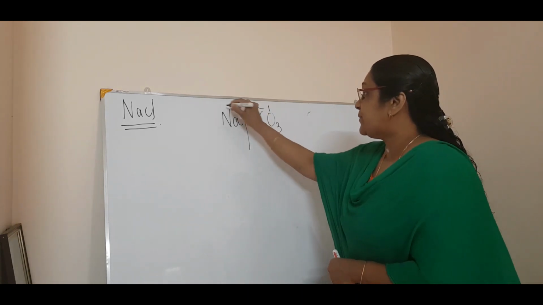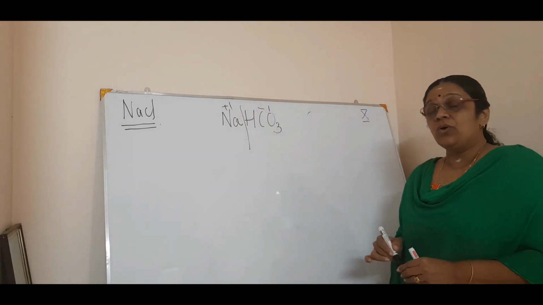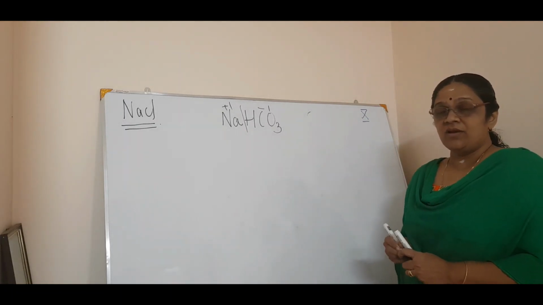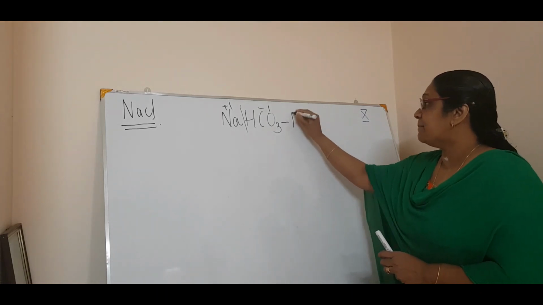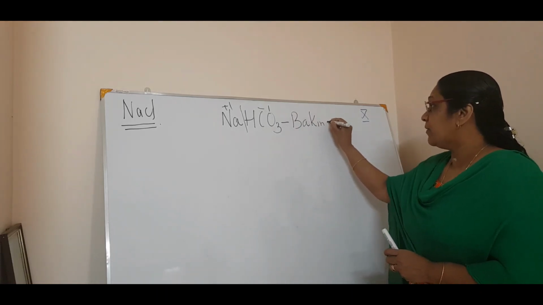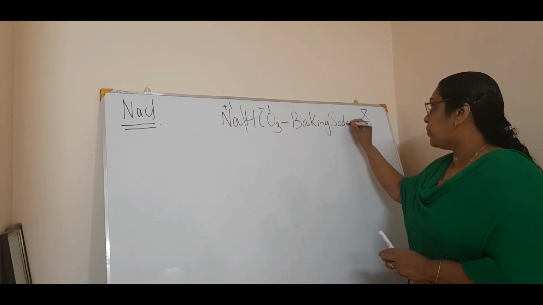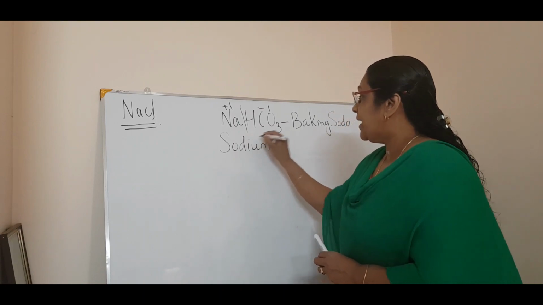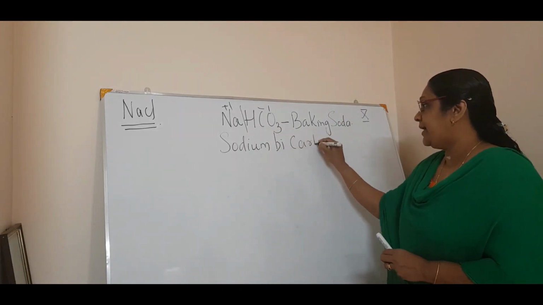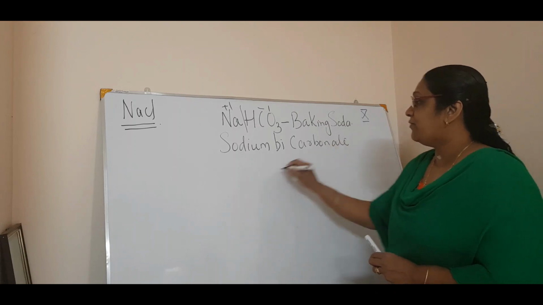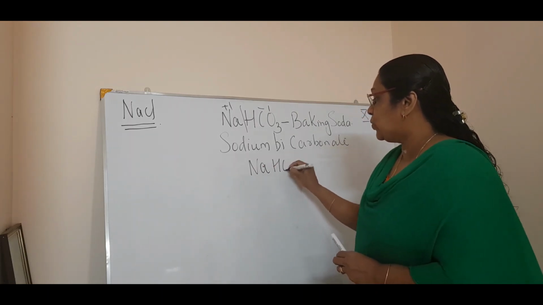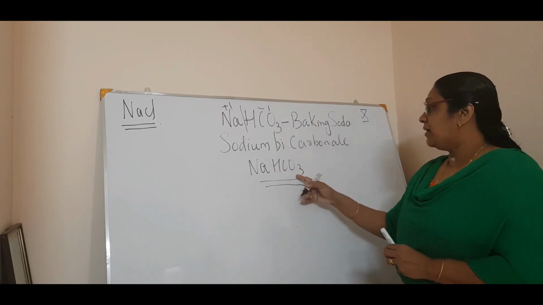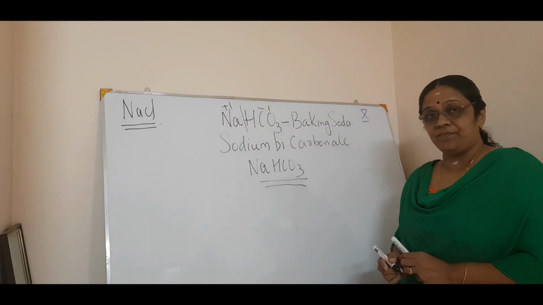Valency you know, this is -1 and +1. So now you will prepare how sodium bicarbonate is prepared. First of all, the common name for this is baking soda. Now, what is the chemical name? Chemical name is sodium bicarbonate or hydrogen carbonate. And what is the chemical formula? NaHCO3. So, these you have to study: chemical formula, chemical name and common name.